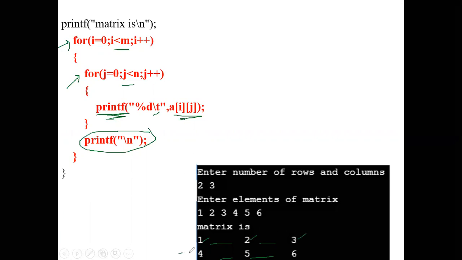Next, to move on to the next line, when this inner loop fails, you will come out of this loop and you'll go for the statement printf \n. So \n is just to move to the next line. After displaying 1, 2, 3, to move to the next line, you'll be going for printf \n. So after printf \n, again the outer loop continues. Trace the program.